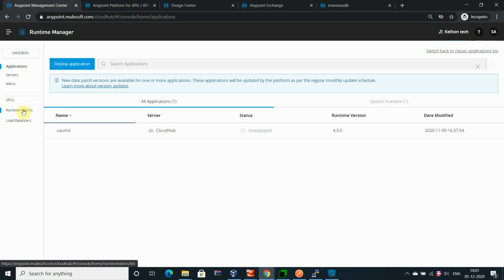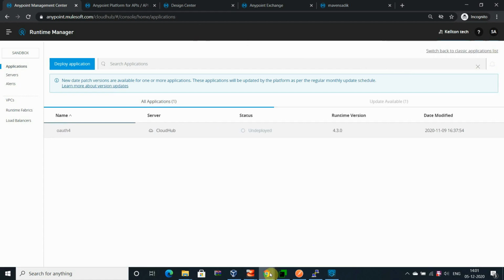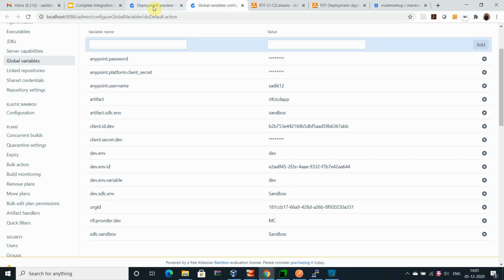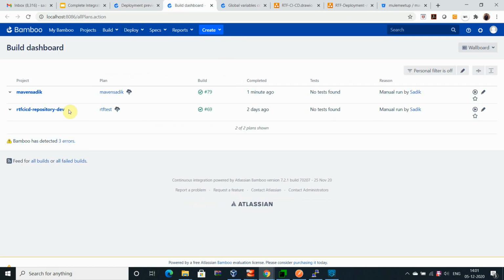You can see this is the RTF, like RTF I have. Right now it's deployed on CloudHub, but apart from this, it will be associated with the RTF. The RTF command which I have explained here, let me go again to show you that.